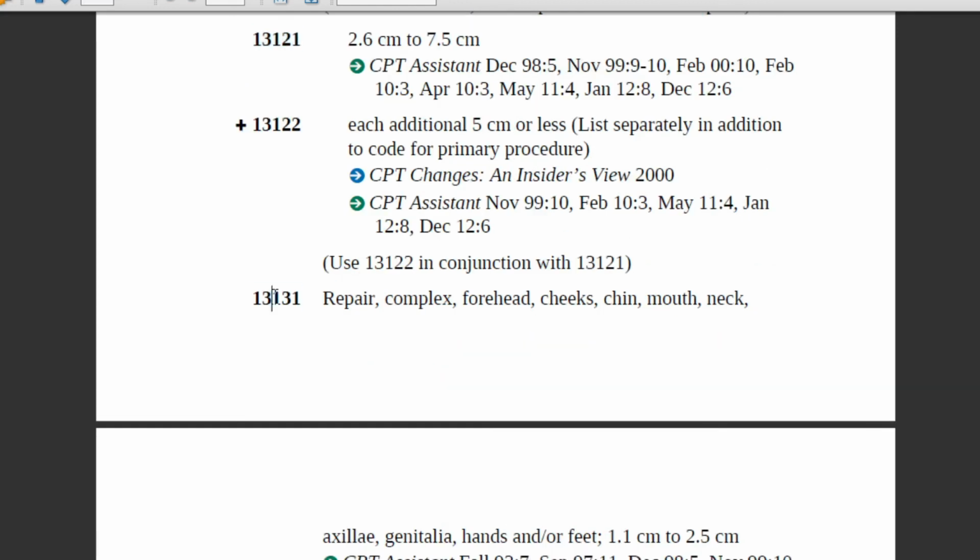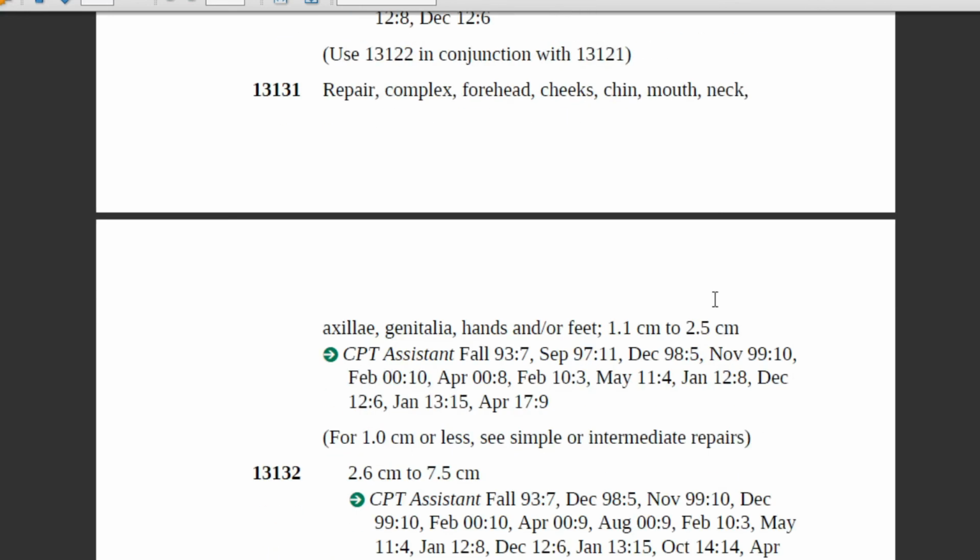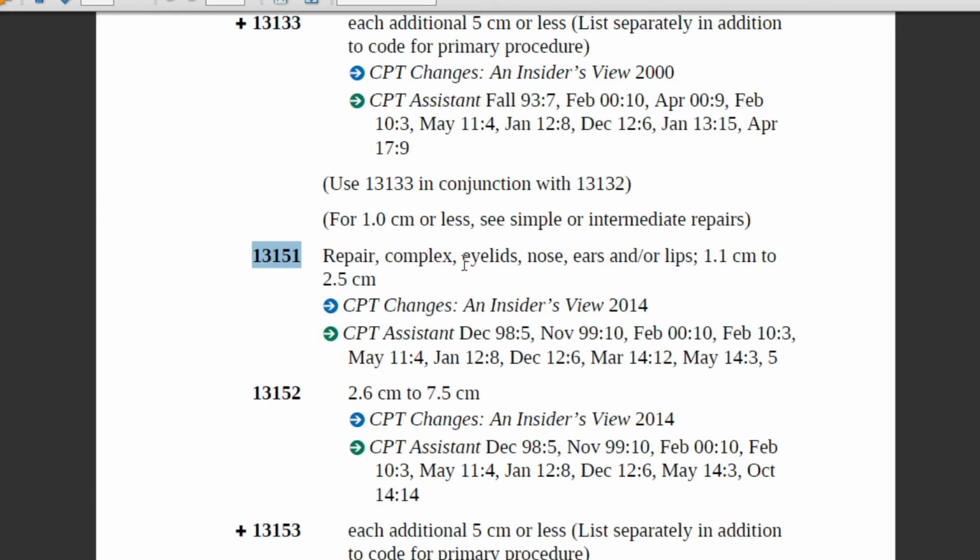Likewise, we have the codes in the CPT book about the complex repair section related to different body groups and different anatomical sites. So the coder needs to identify those different groups and anatomical sites, and also the diameters, and assign the accurate code. And please go through your CPT book so that you can understand this repair section easily.